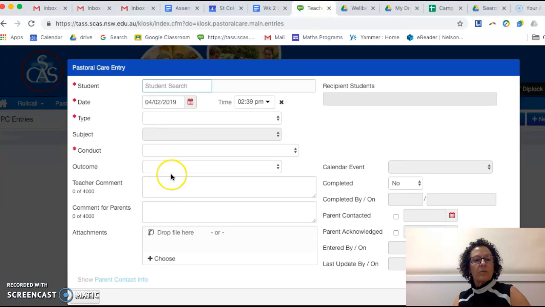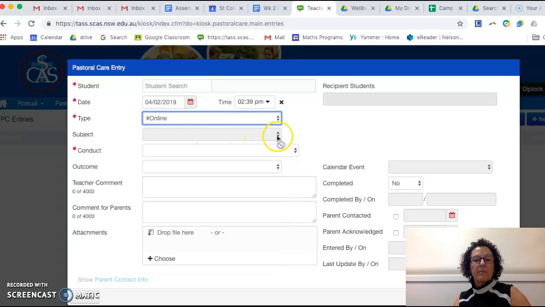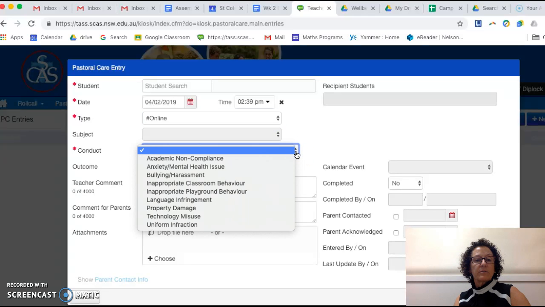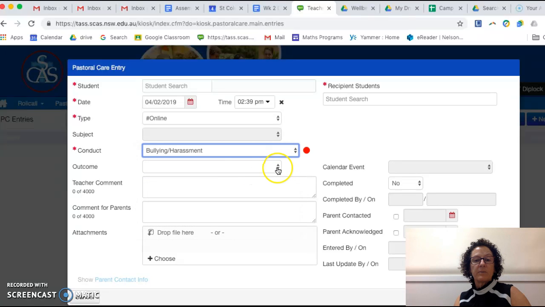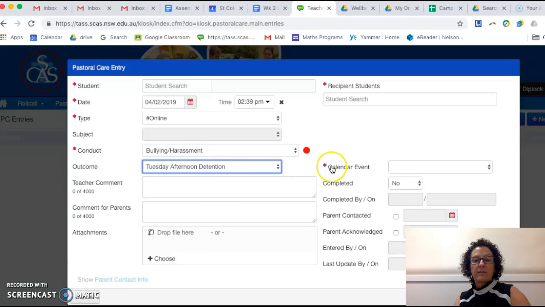and once you get this screen up here, you would need to enter what the type of the incident is. For example, if this is an online bullying issue, you don't really need a subject. You can't enter that. The conduct might be maybe he's been bullying, harassing online, and he's been given a Tuesday afternoon. Now, once you get to outcome, if you choose Tuesday afternoon detention, because we've linked it to a calendar